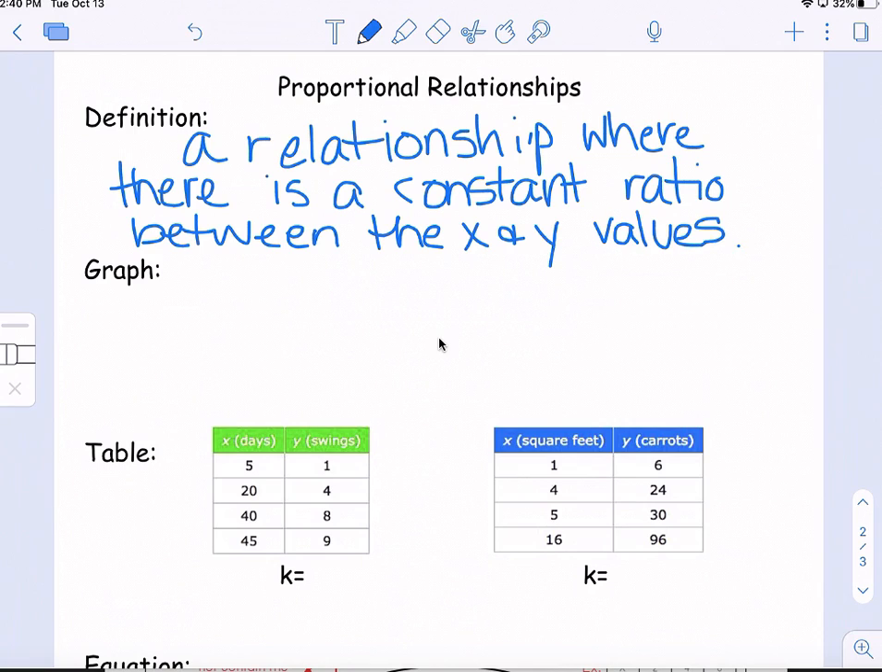In other words, you'll see where y divided by x is going to be a constant value, and they use k to represent that constant value. On a graph, the criteria for a relationship to be proportional is it must be linear, which means it must be a straight line,